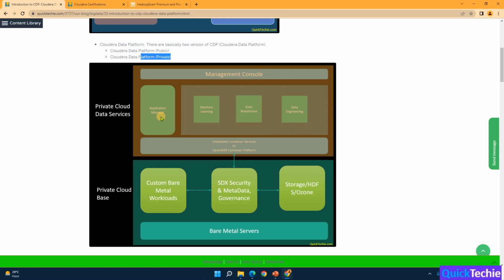And the replication manager to replicate the data across the clusters. So we'll discuss more about this component. Just right now, from a 10,000 feet perspective, we wanted to understand it. So this is your private cloud setup. In fact, you are running this base cluster in your data center, but